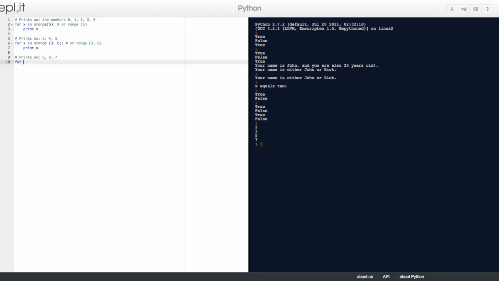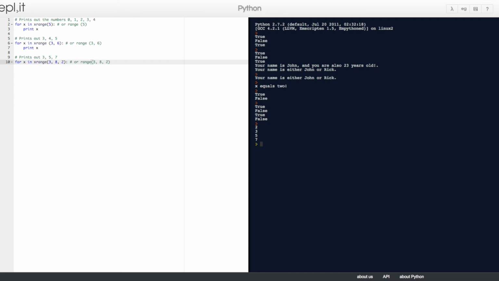So the loop for x in xrange 3, 8, 2, and we'll add a comment, or range 3, 8, and 2.